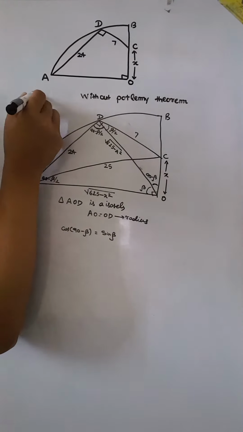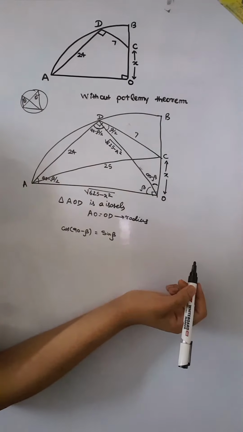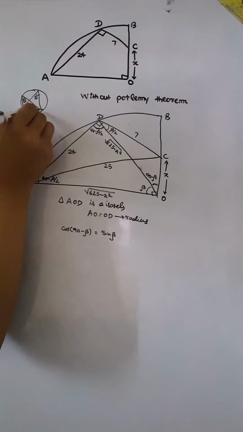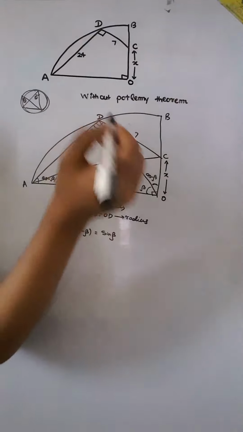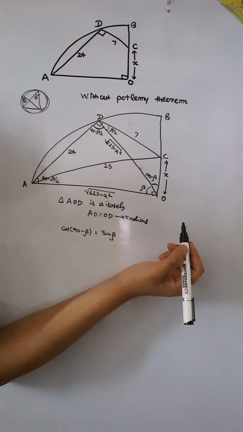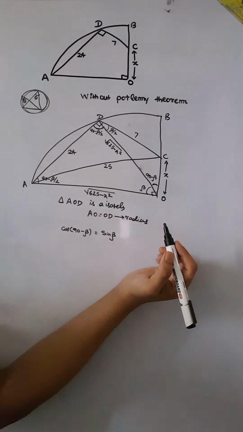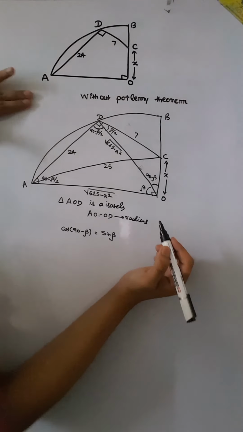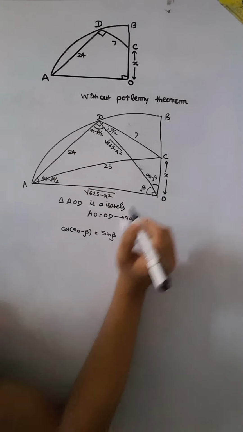For example, if you have a circle here, the angle which this chord subtends here, suppose theta, the same angle it subtends here, which is theta. So we need 2 points on the circumference, which is this point and this point, but there's no other angle, so we cannot use this thing, because it is not being used here. So cos of 90 minus beta is equal to sin beta,